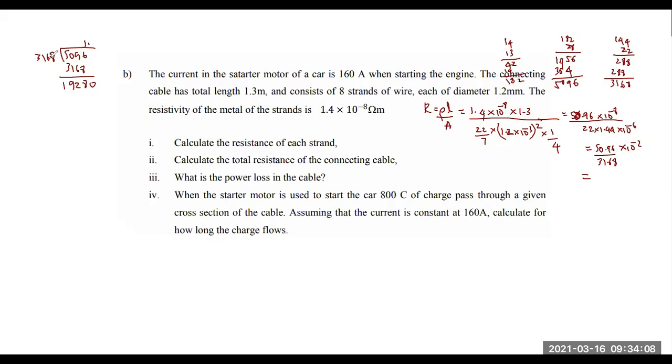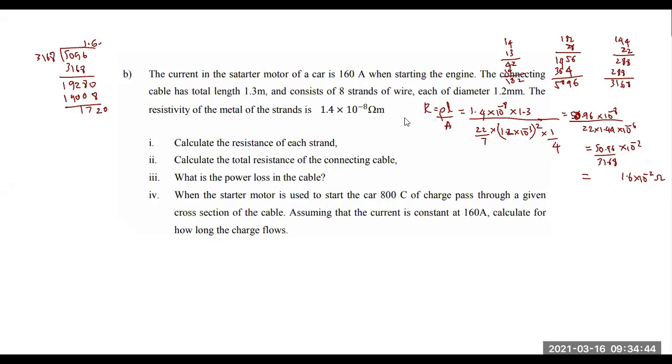19,000. I think I can see 6 in that. So I'm going to settle to 1.6 into 10 to the power minus 2. I'll go for another decimal place then. Okay. 8, 4 balance 0, 1 balance 19. Okay. 280. Sorry. 172. Okay. 1.6 into 10 to the power minus 2 ohm.